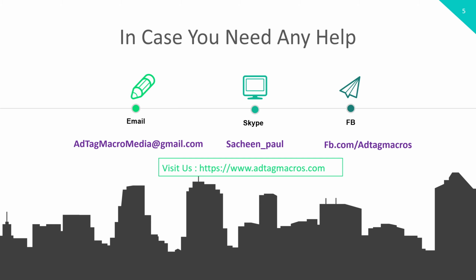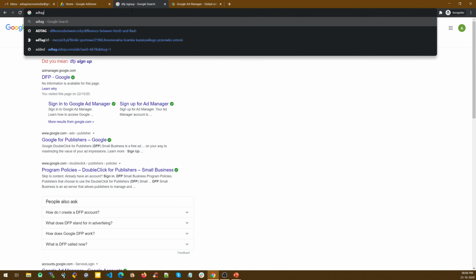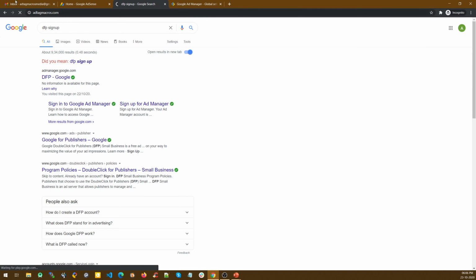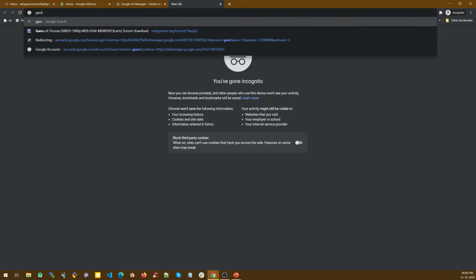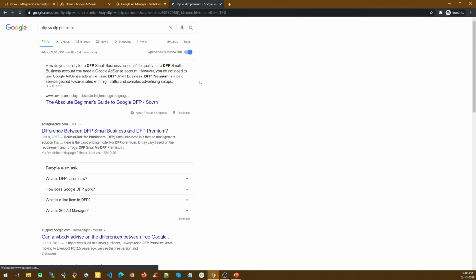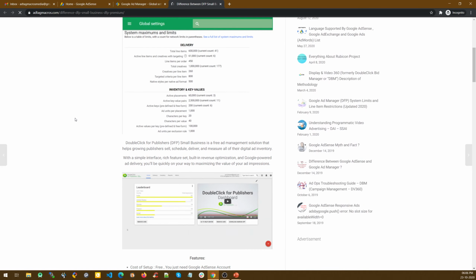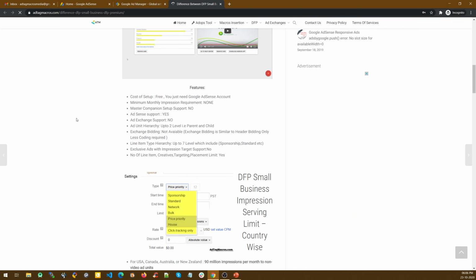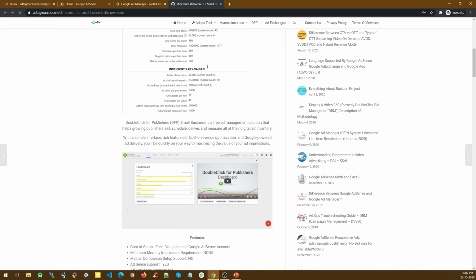I have a detailed explanation of lots of things on AdTag Macros. If you visit AdTag Macros, just to let you know that there is a difference between Ad Manager and Ad Manager 360. If you search for DFP versus DFP Premium, which is the old name for GAM and GAM 360, you can find my result on the first Google search. Here I have explained the difference between Google Ad Manager and Google Ad Manager 360. Like I said, it was known as DFP, so this is DFP Small Business and DFP Premium.